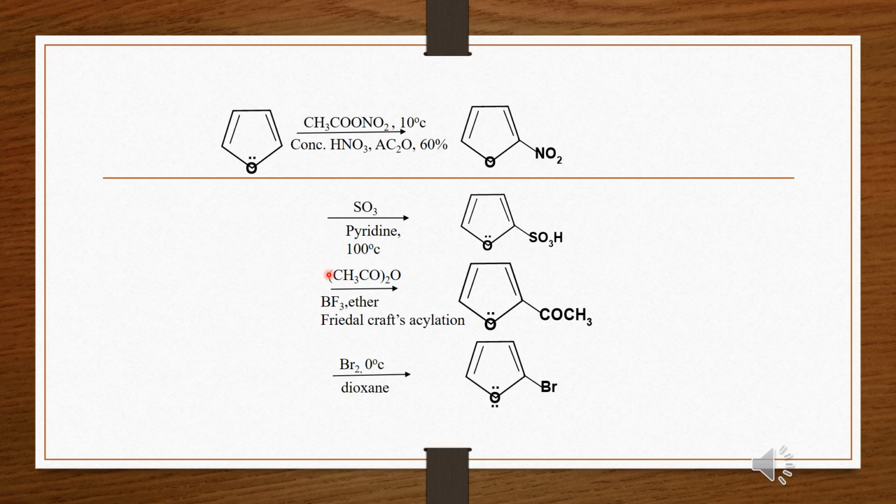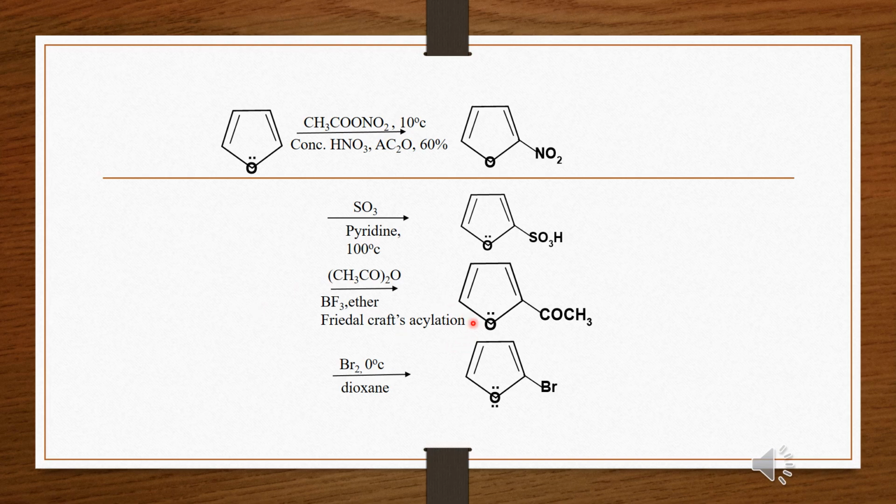These are some of the electrophilic reactions. First one is a nitration reaction, which takes place in presence of conc. HNO3 and acetic anhydride, and it gives attack at the 2 position. Then sulfonation reaction in presence of sulfur trioxide and pyridine at 100 degrees Celsius forms furan-2-sulfonic acid. Then Friedel-Crafts acylation reaction in presence of acetic anhydride, boron trifluoride and ether,